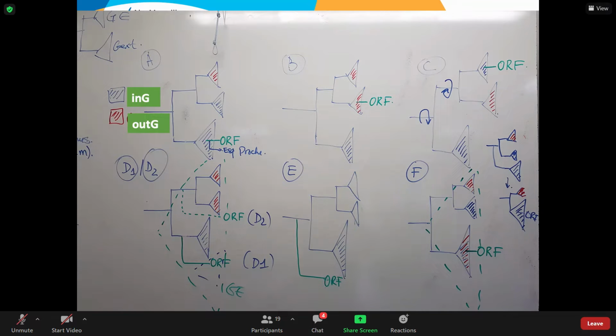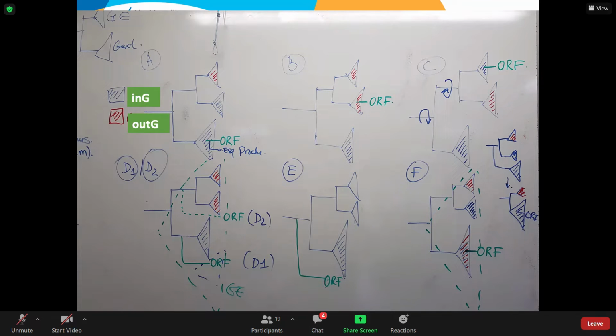I think we can switch. Yes, the out group can now be the in group, and the in group maybe the out group. Good answer. So you switch: your in group becomes your out group and your out group becomes your in group. But if your out group becomes your in group, you should not choose 10